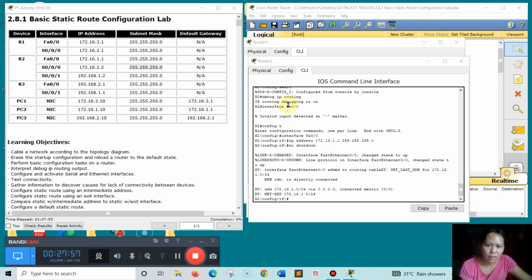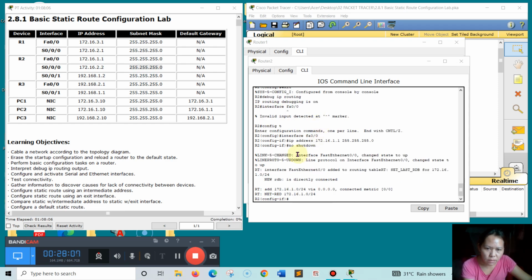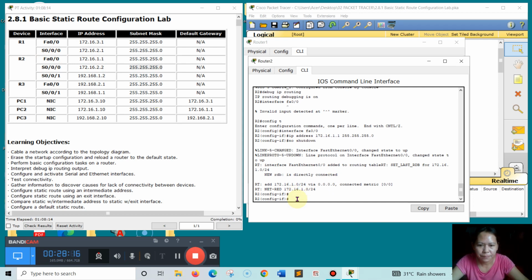Mao ni ang routing debugging is on sa IP. Debug IP routing, so sa Fast Ethernet ni sa R2. Next ta sa